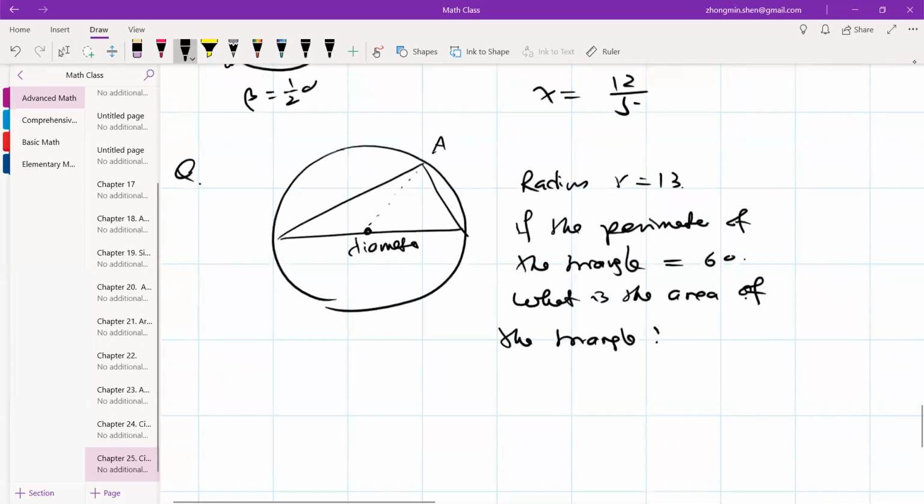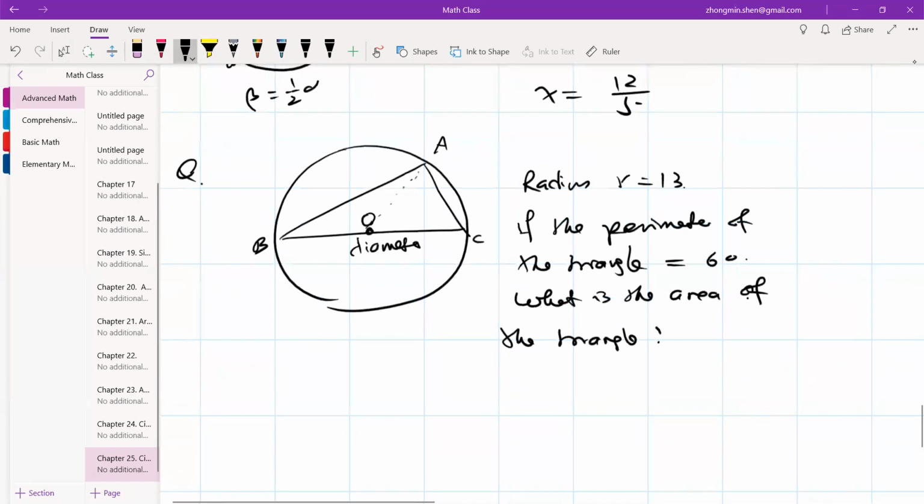You know, if this is A and B and C. Sometimes I ask you, hey, what is the triangle? This is O, right? The center. What is the area of triangle AOBC? Then you have to draw this line AO, between A and O. Right now, I'm just asking you to find the